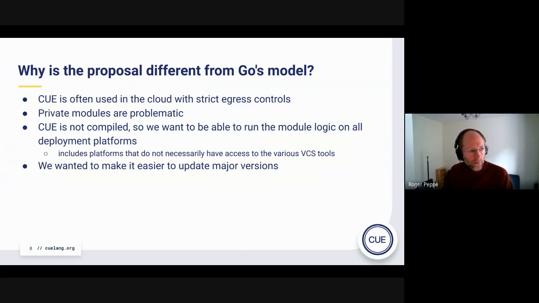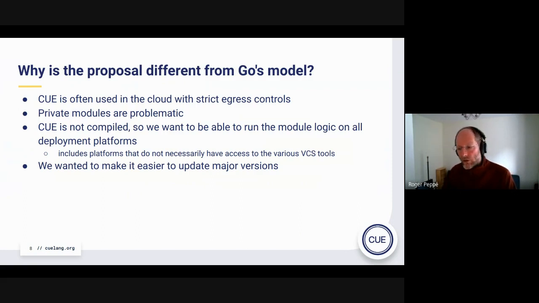And another aspect that we're different from Go is that Go puts the major version inside every import path everywhere, and that actually makes it quite hard to update major versions. And we suspect that people will be updating major versions more often in a configuration sense.